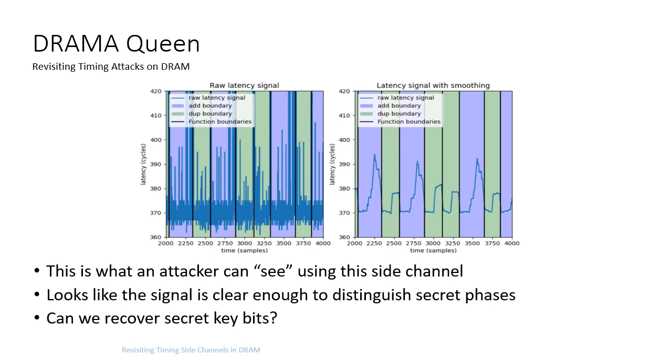Of course, the attacker doesn't really know the background shade, the ground truth, but the attacker can observe the latency. And if we know both, we know the ground truth and what the attacker sees. If we can see a correspondence between the latency that the attacker observes and the background shade, what the victim is doing, then we know we have likely a viable side channel. And as you can see in the second chart, where the latency signal is smoothed, there's a very strong correspondence.